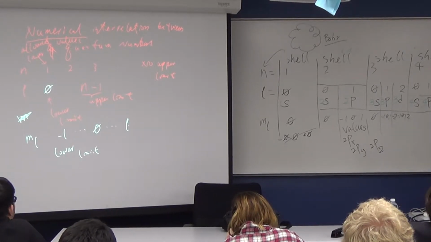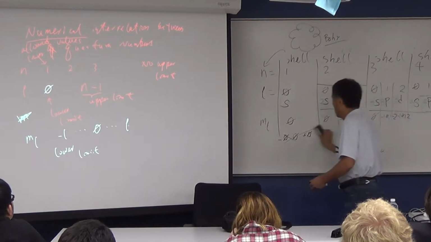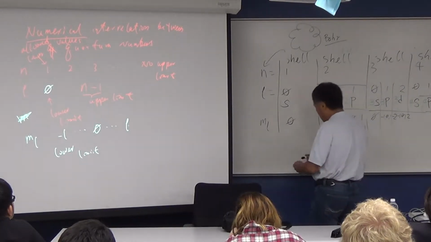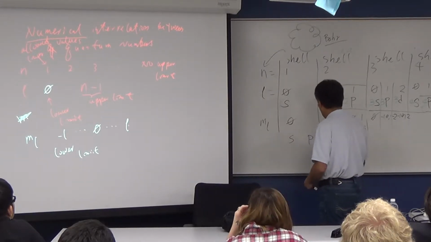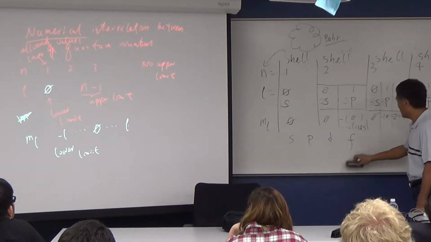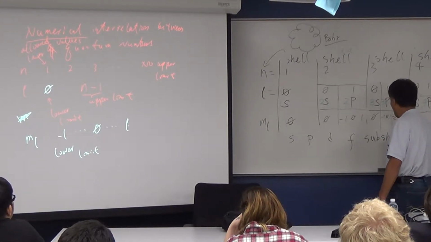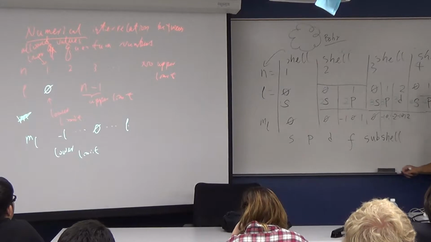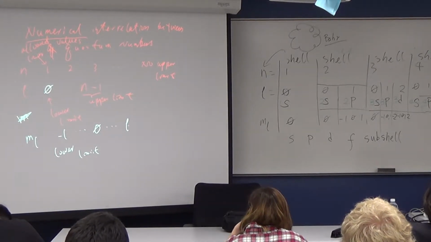Alright, so now you find out the pattern, right? If you summarize, how many s orbitals do we have? So we have these 4 different types. There are more types, but you usually don't use those. You have S type, P type, D type, and F type. And we call them the subshells. The subshells. You agree? Okay.